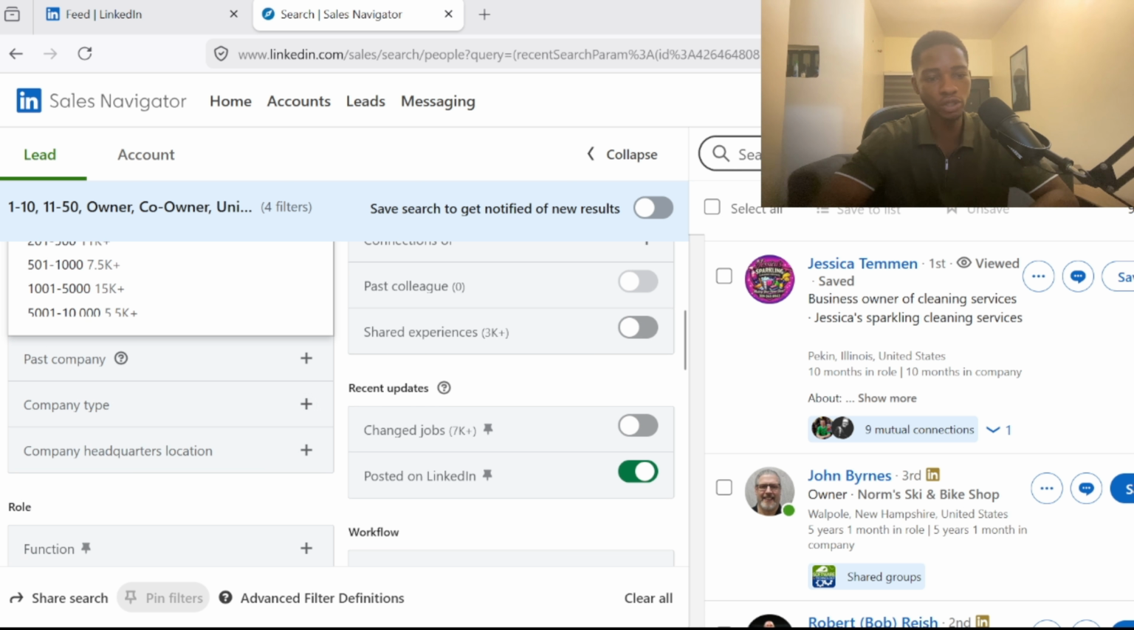And then you want to turn on the posted on LinkedIn filter, because this one is going to give you people who are actively posting on LinkedIn. And if they're actively posting on LinkedIn, what does that mean? It means they're active. So they are very likely to accept your connection request. They're also very likely to respond to your DM. So these are the kind of people you want to reach out to. So now let's dive into